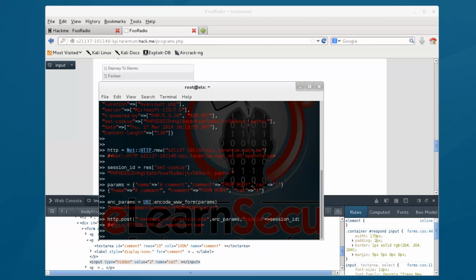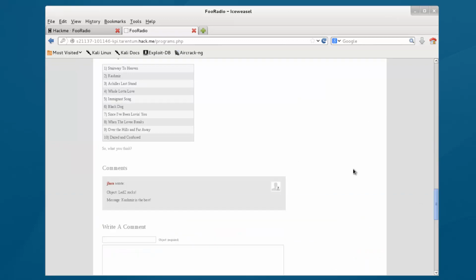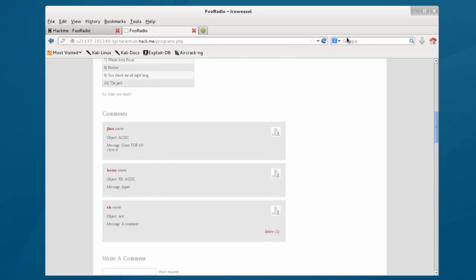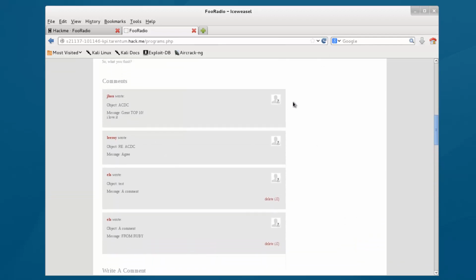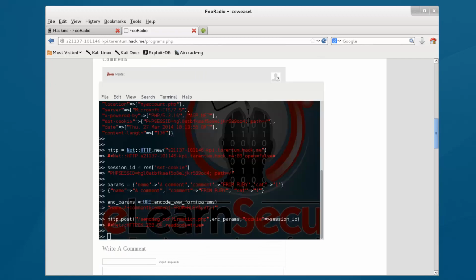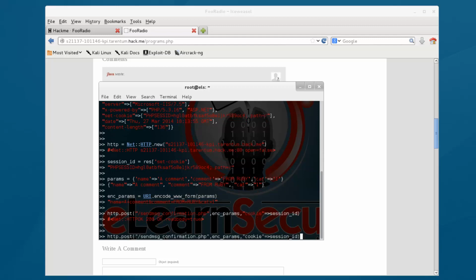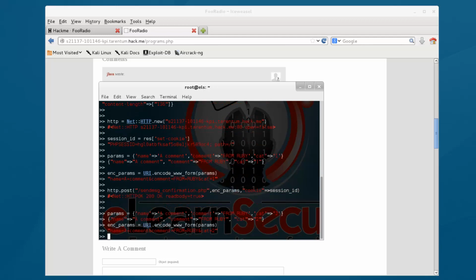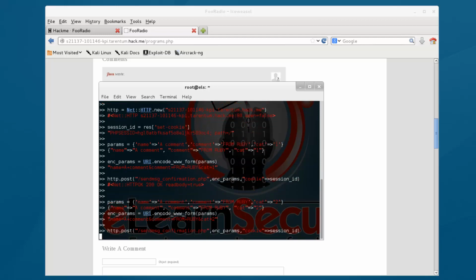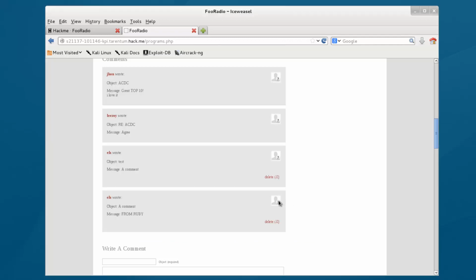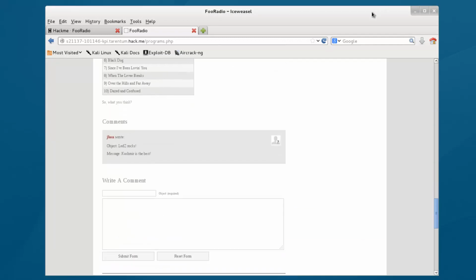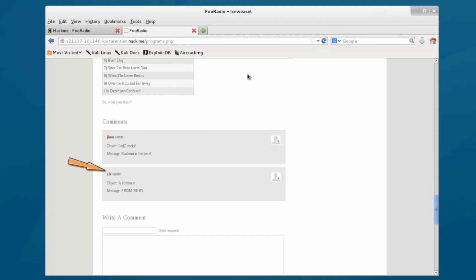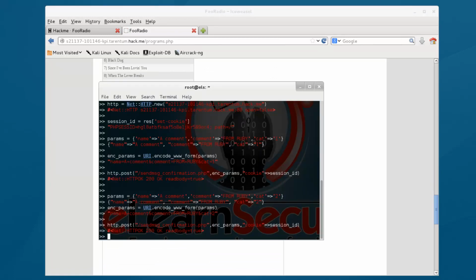Let's see now if our comment has been posted using the browser. As we can see, we have the comment exactly in the AC/DC section. As a quick example, let's try to insert a comment on another section, for example, the Led Zeppelin category. So thanks to the interpreter, we have a way to log in to Foo Radio and then post comments on